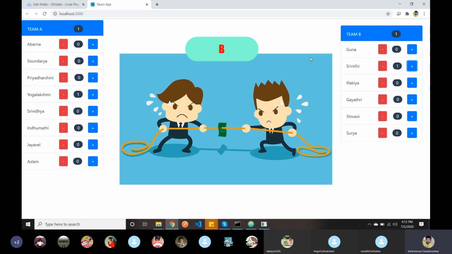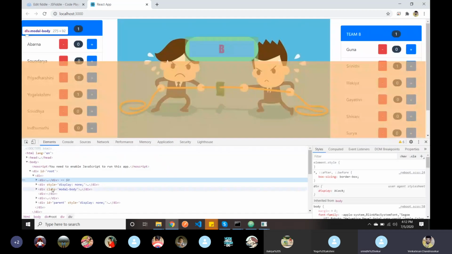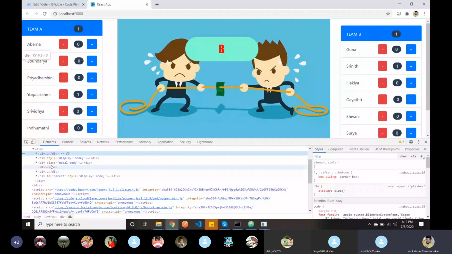Actually, normally the browser doesn't know what JSX elements are, so we need special techniques to convert JSX elements into normal JavaScript. Whenever we type className instead of class, eventually the className should be translated into class. This is the browser-readable one.